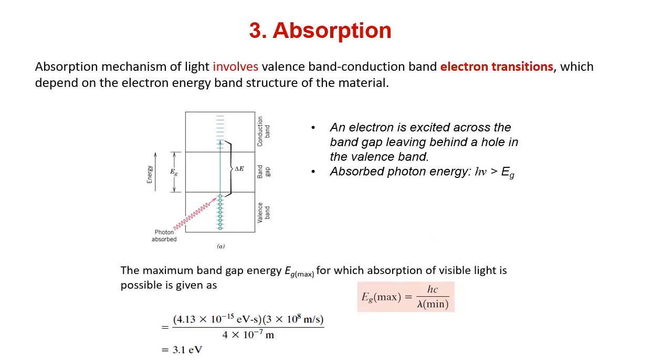The third optical property of nonmetals is absorption. The absorption mechanism of light involves the valence band, conduction band, and electron transition, which depend on the electron energy band structure of the material. It's similar to the absorption by metal, but for nonmetal,